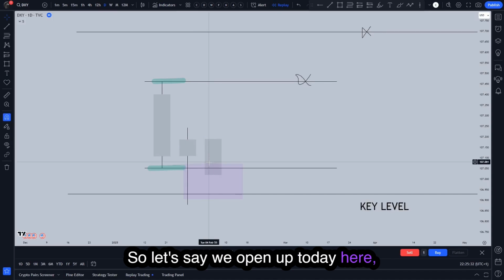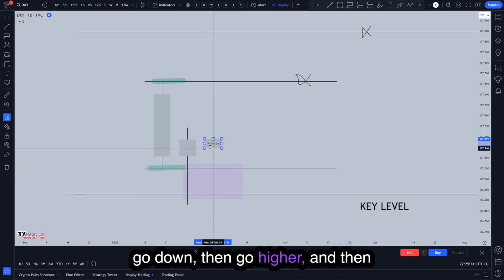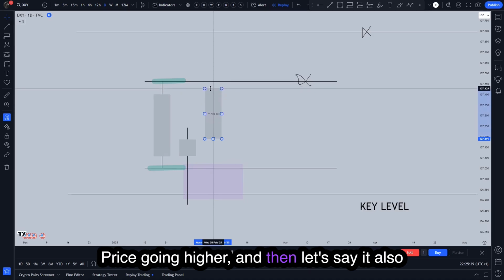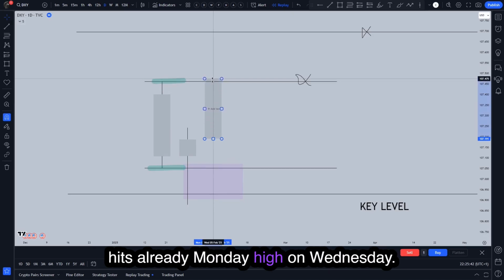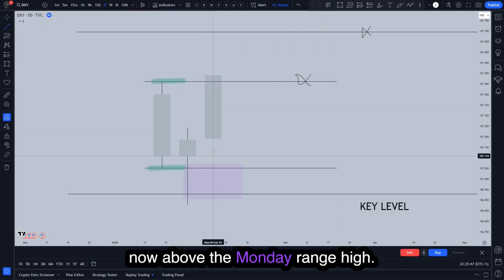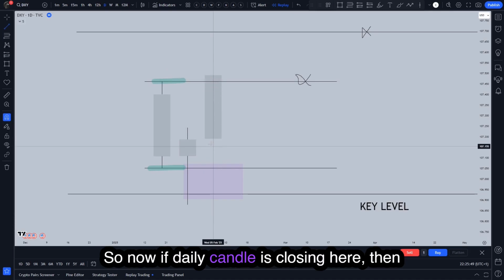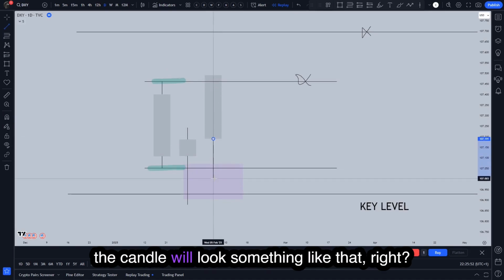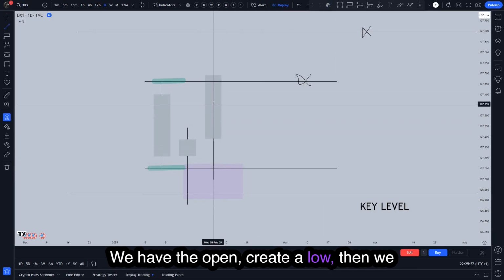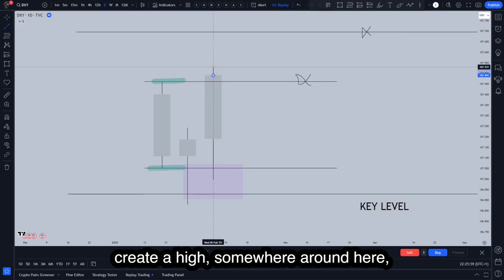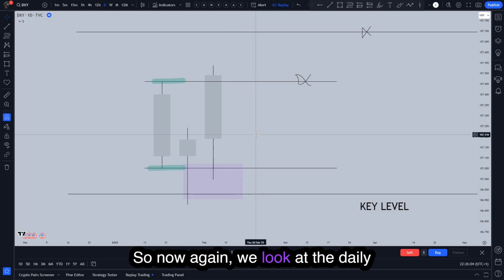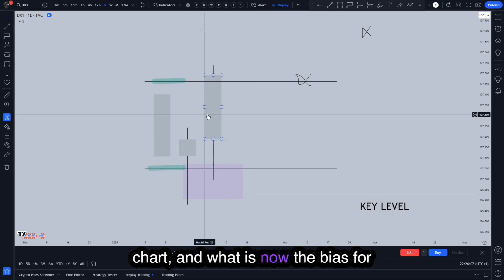So let's say we open up today here, go down, and then go higher, and then we start the expansion phase, right? Price going higher, and then let's say it also already hits the Monday high on Wednesday. And let's say we're also closing now above the Monday range high. So now if the daily candle is closing here, then the candle will look something like that, right? We have the open, create a low, then we create a high, somewhere around here, and then we close the